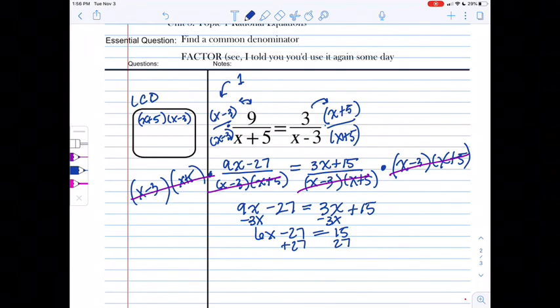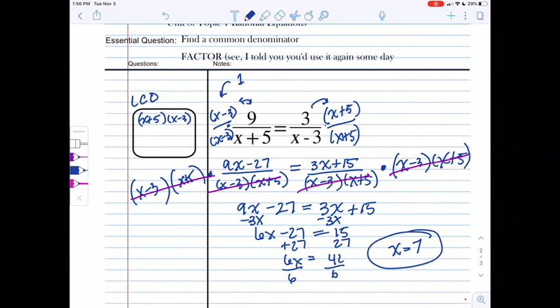So 15 plus 27 is 42. And then I'm going to divide by 6. And I get x equals 7. Okay, now we kind of need to do that thinking about what, if anything, can I not put in the